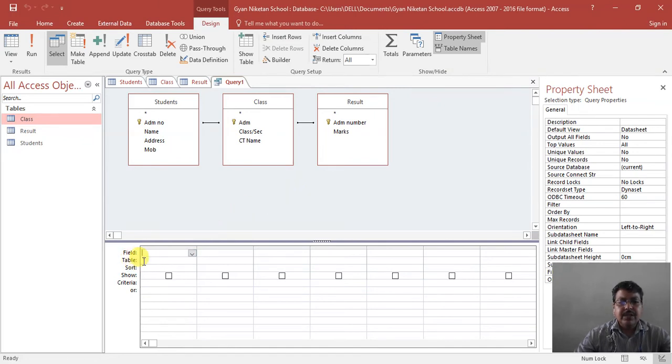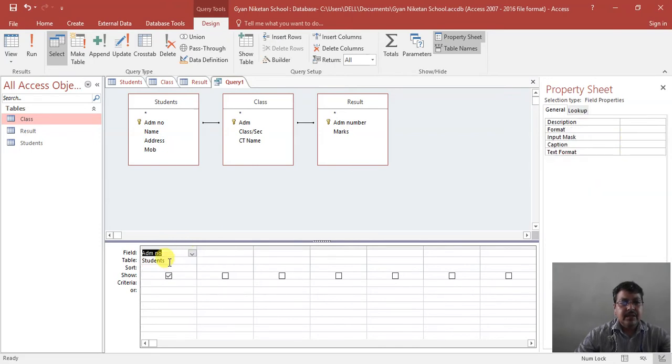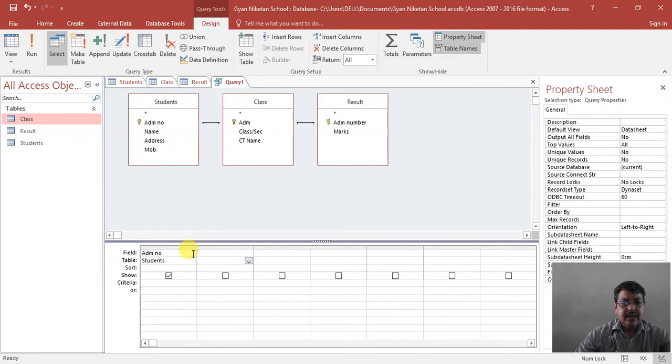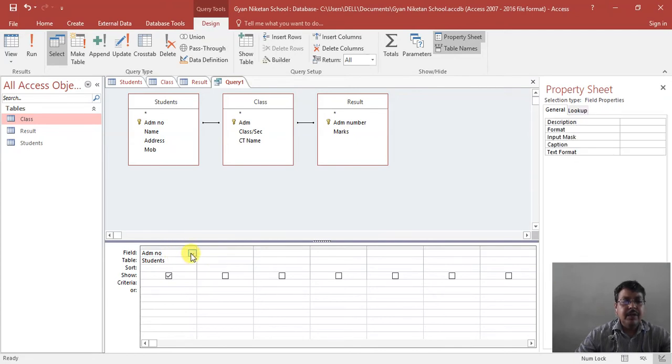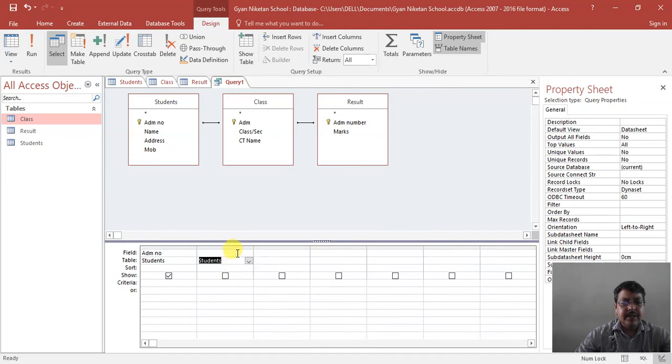The table option is used to select the table of the field, so first of all select the table student, and then you can select the ADM number. Again in this field, select student, and you can select the name of the student.